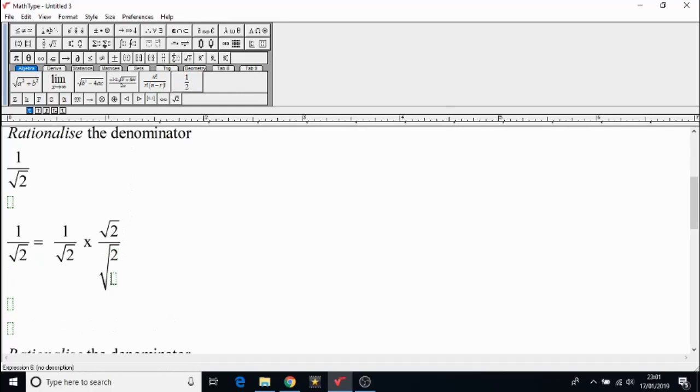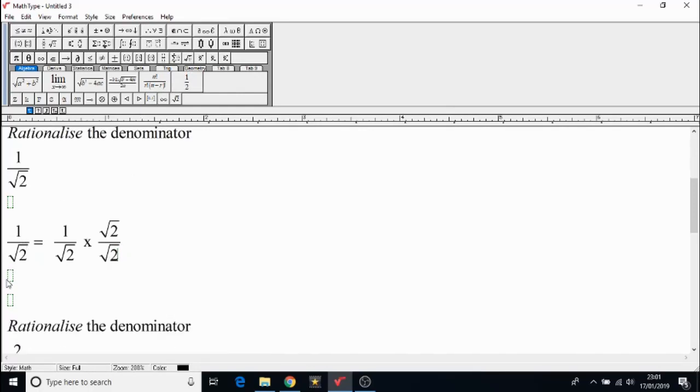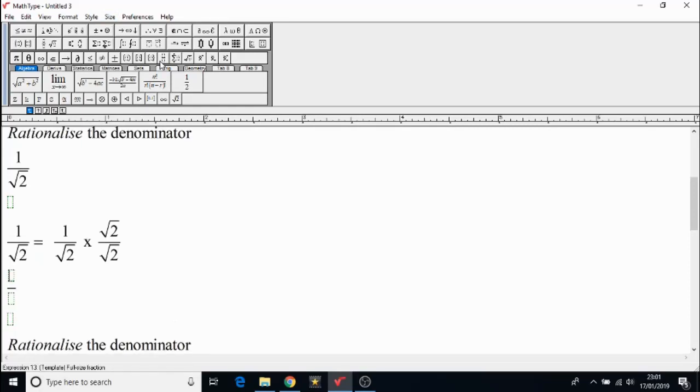You'll see why. So we end up with 1 over the square root of 2